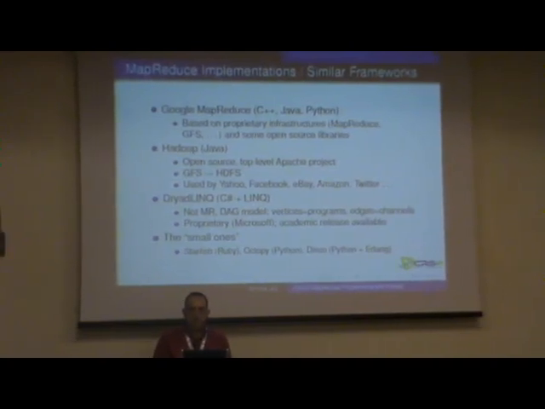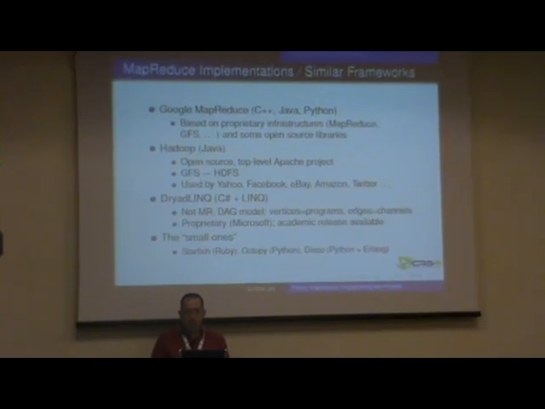So he started work on an open source implementation of the MapReduce framework, which is called Hadoop. And Hadoop is now a top-level Apache project with strong support by Yahoo, and it is also supported by other companies,